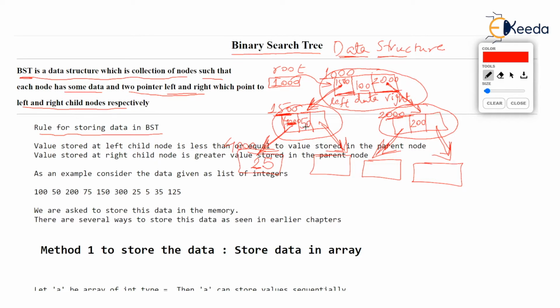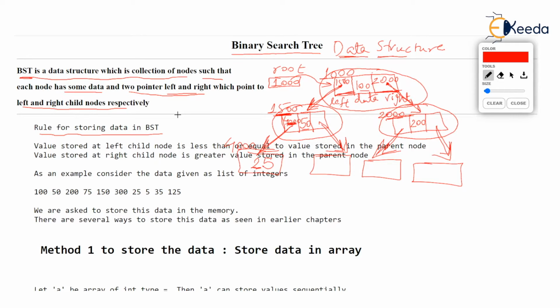So you can observe this node is storing data 50. And why have we stored 50 to the left of 100? Why not to the right of 100? Why not store 50 here in the right node? Because the rule is any value which is less than 100 will go to the left of it, and any value which is greater than 100 will go to the right of it. So we call this 100 the parent node, and the parent node has a left child and a right child.